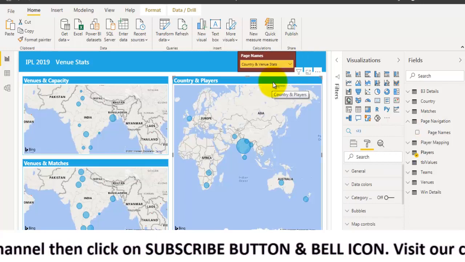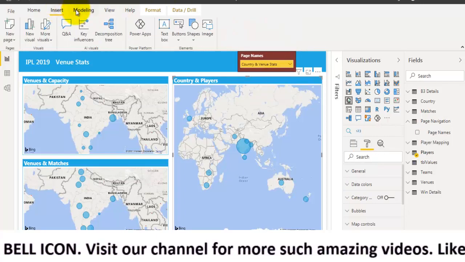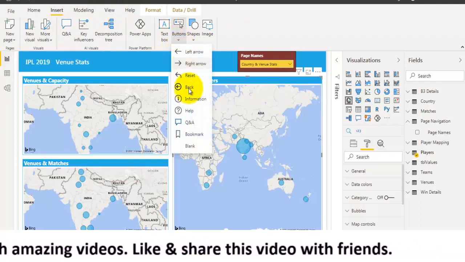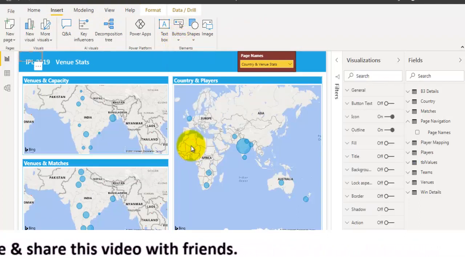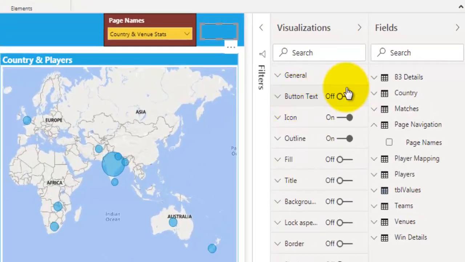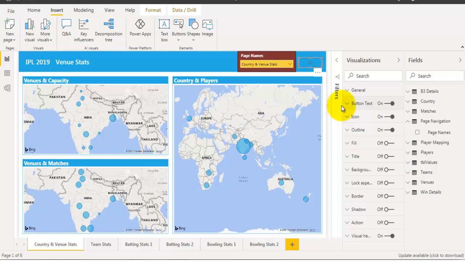Now let's design one blank button here. Let's go to the Insert tab, and under Insert you can see the Buttons option. Click on this down arrow and let's click on blank button, and here we are gonna drag it just beside this slicer. Let's go to the button text property, give a text to this button, let's call it go, and you can design this button as well as per your choice so that it will look a little better. Okay, now we have our slicer and button ready.